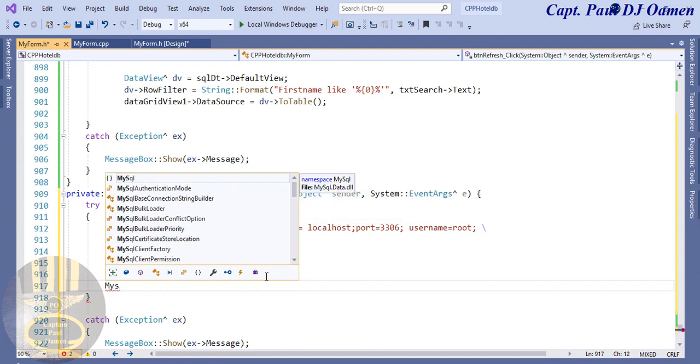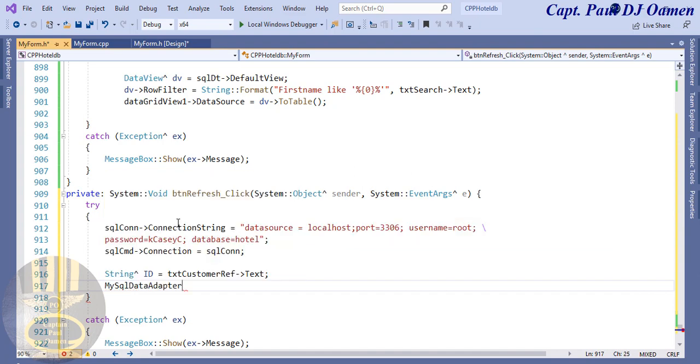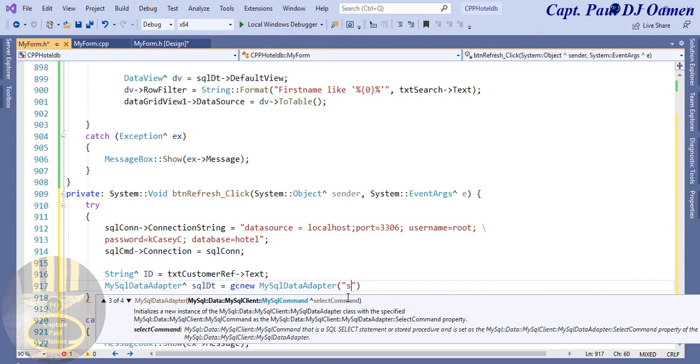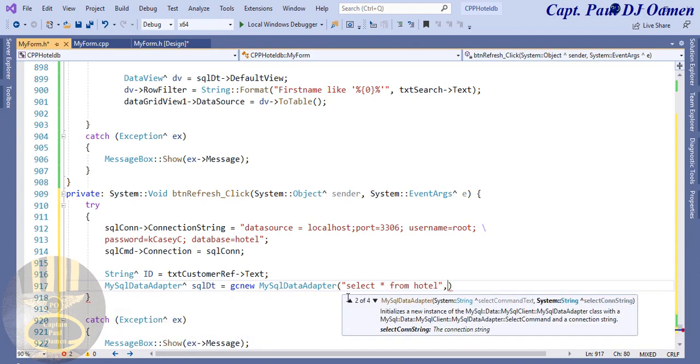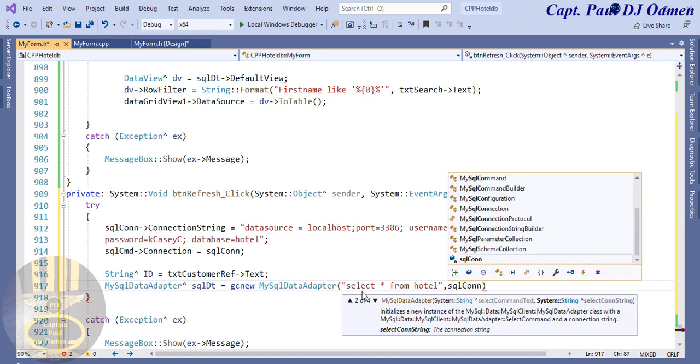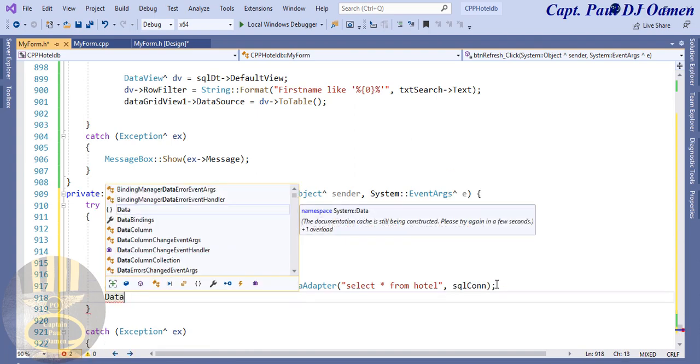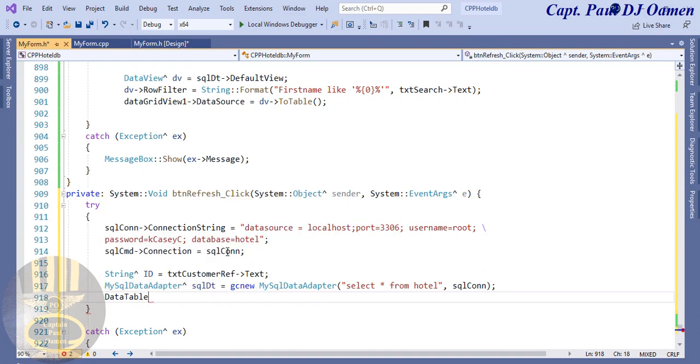So I'm going to say MySQL. That will be for data. Let's say data adapter. Yeah. And that is going to be SQL DT equals GC new, and the adapter, and that will be the adapter actually. And inside this adapter, that's where we enter my search criteria, the SQL search criteria. Select from hotel, and let's say SQL connect. I'm going to now enter data table, this table,